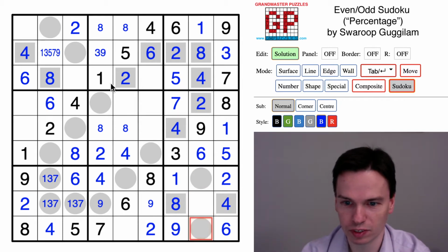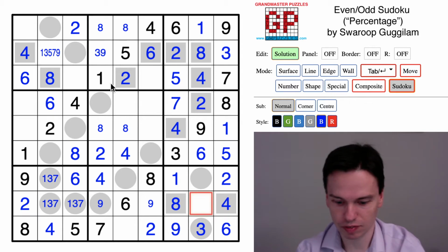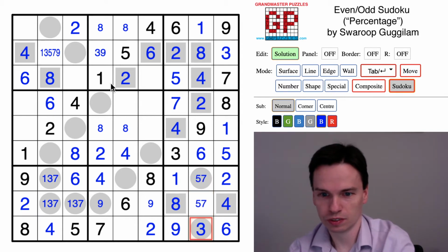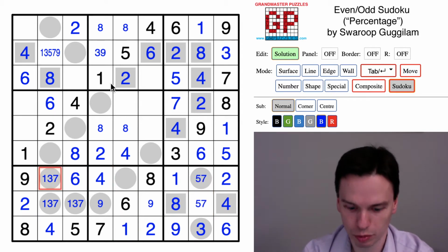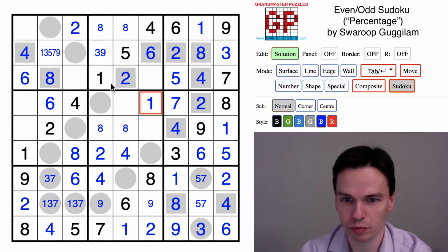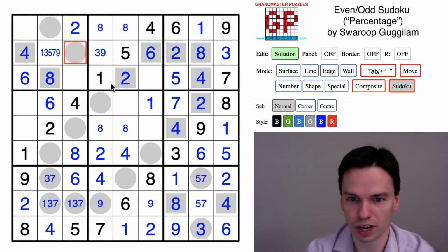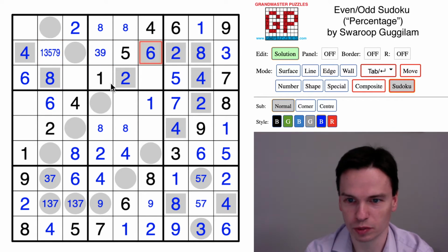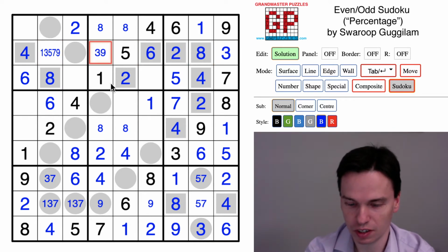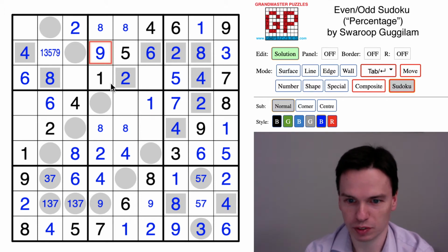Got 3, 5, 7 to place in this bottom space, and 5 and 7 are already in the row. That makes this the last spot for a 1. That puts a 1 up here. Tracking to the top space, actually 1 can go in both of those cells, but now that I'm looking at this row, I'm coming back here and seeing that this 3 now eliminates all options but a 9 from that cell,